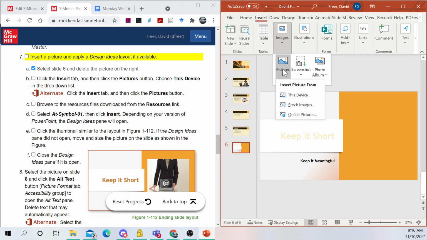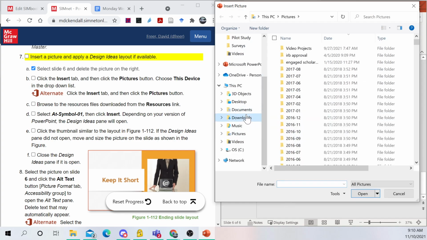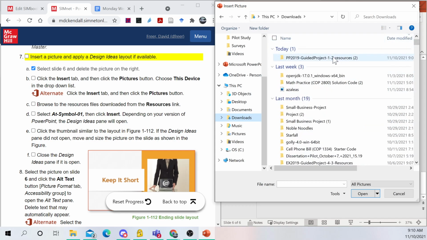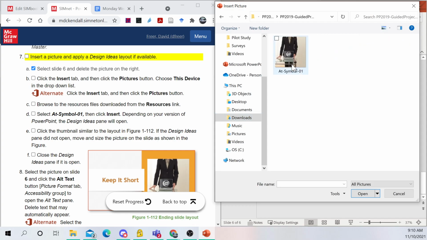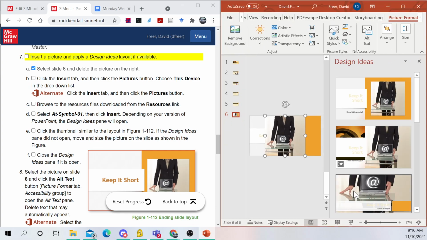And then we are looking for this device. And we're looking for a downloads file. So from today, we downloaded these resources, and we look inside here for this image. So we select the image, we say insert, and then we are going to look at the design pane, design ideas pane,